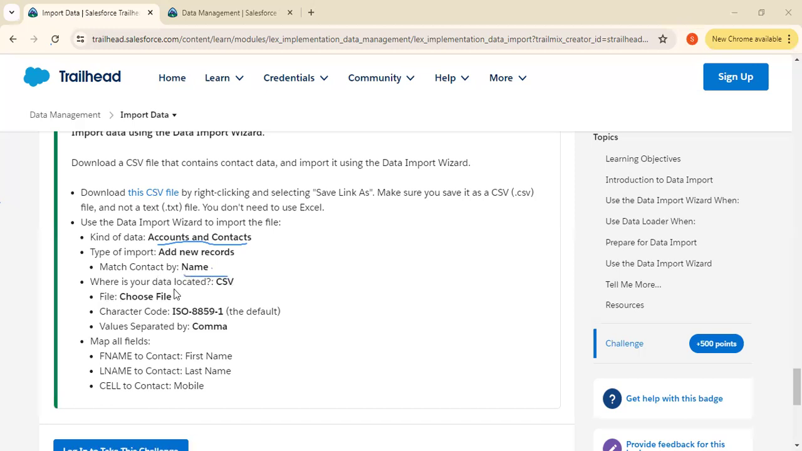Next, where is your data located? CSV file. Next, choose the file, choose character code ISO 8859-1, the default. Next, value separated by comma. Map all fields: F name to contact first name, L name to contact last name,